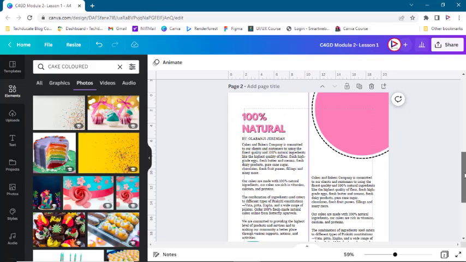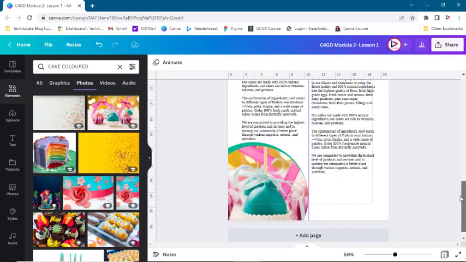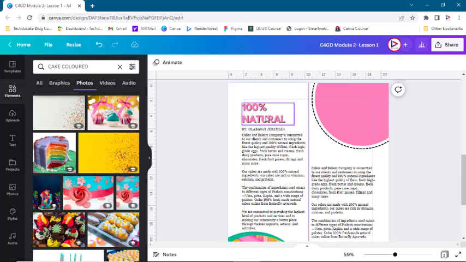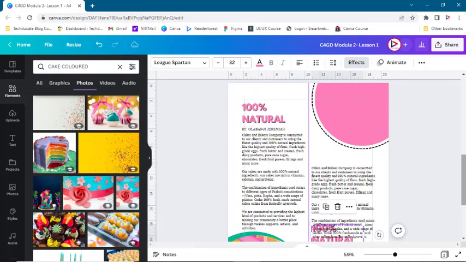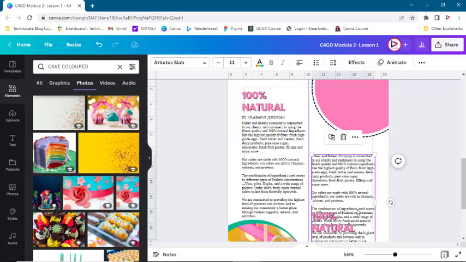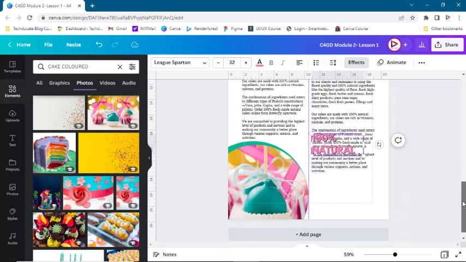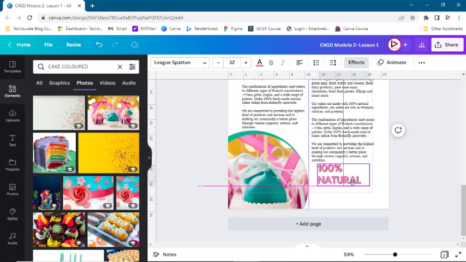So I can go ahead and bring in another text to the bottom here. So let's say I'll just copy this other text here, holding down Alt and copying it down here. So I'll drag this object, this text, down here. So let's say this one will be here, but this time around it won't be 100% natural, it will be natural